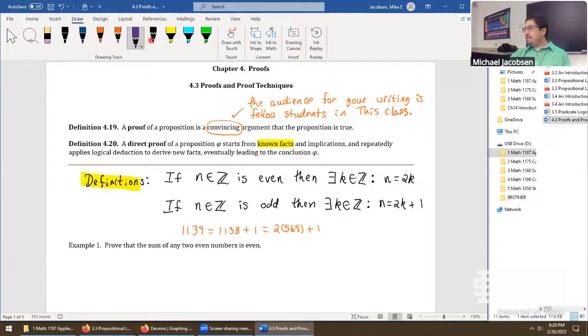And then look at the format. We've got the 2 matching up with that 2. We have got the +1 matching up with the +1 there. And so this tells us, therefore, 1139 is odd. Pretty weird problem in a certain sense, but if you were trying to show 1139 is odd in this way,